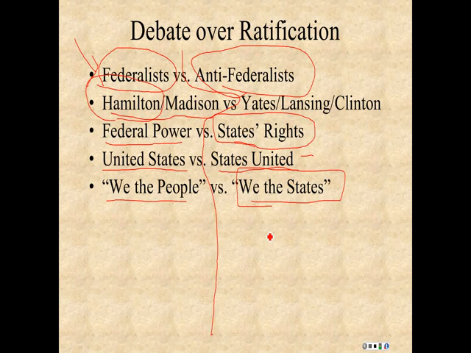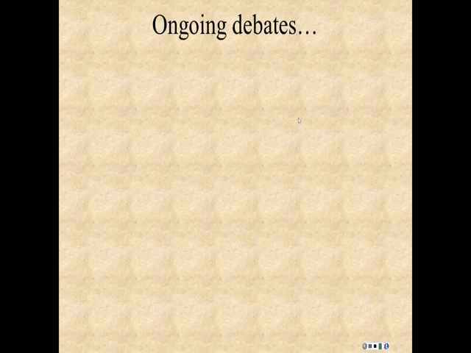Many people say yes, we need it. We need to expand the powers of the federal government, give them the ability to tax, regulate commerce, draft troops, organize things. Other people, and these guys over here, say no, it's going to be too much federal power. So this is the nature of the debate. We know it does pass. We know it does go through, but that's not the end of the debates, because we still continue the debate after the federal government is created under the new Constitution.